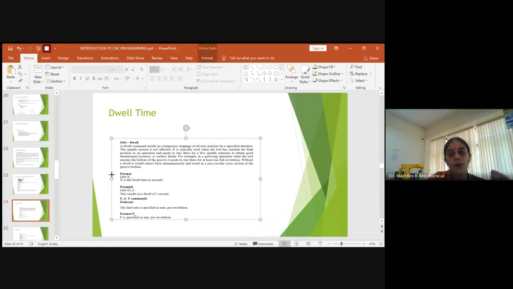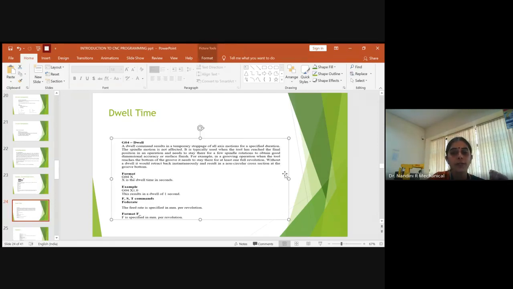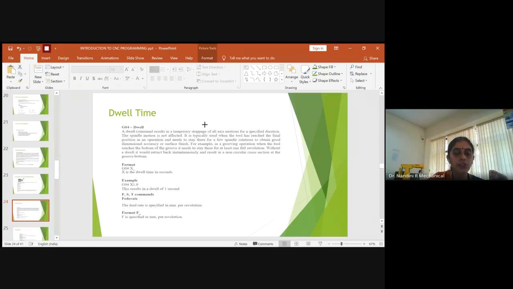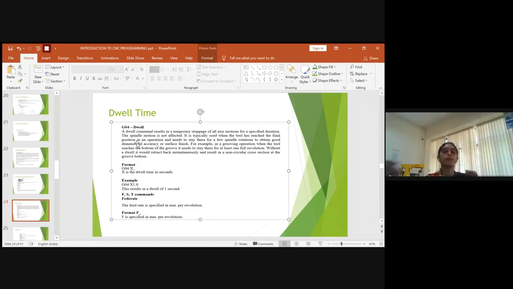Next, while performing operation, I told it's necessary to give some dwell time. So G04 is the code we use for dwell time. It means if you need some rest in between, a soaking time, a resting time in performing some operation, you can type the word G04. The format we use is G04.